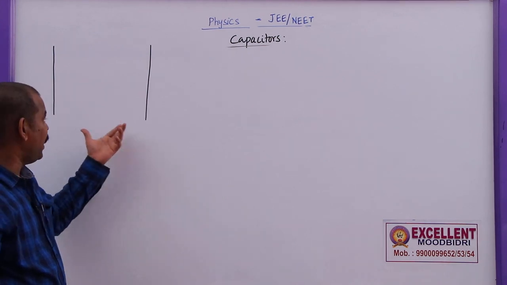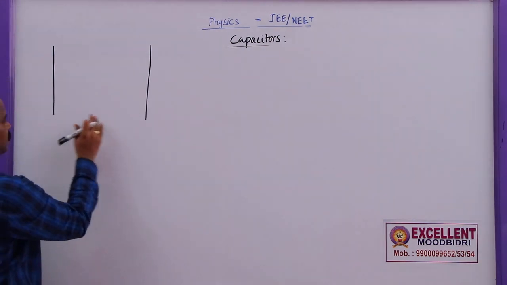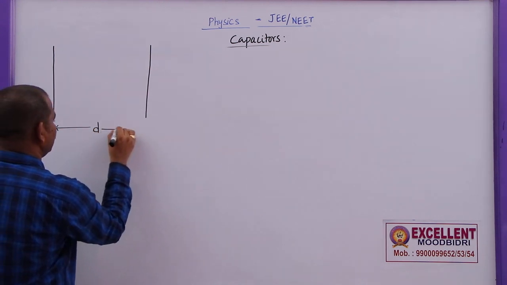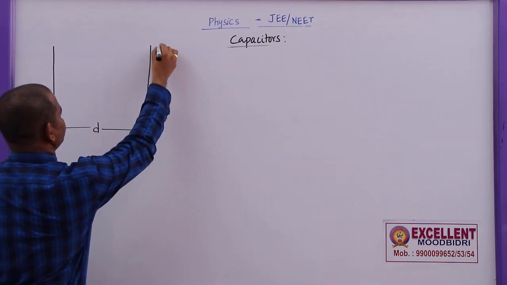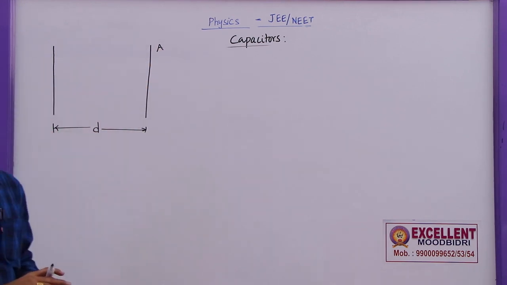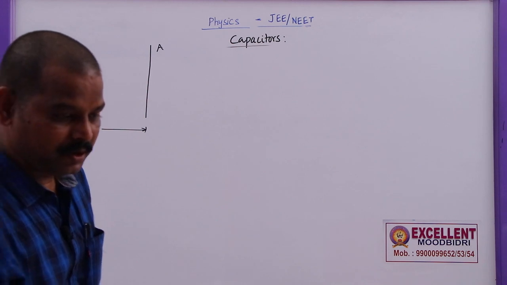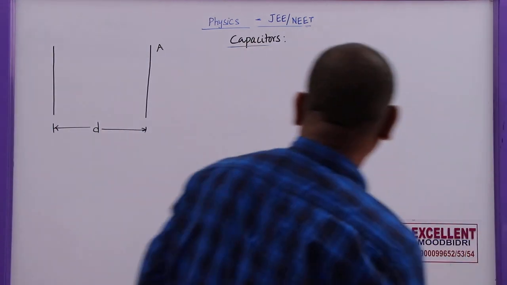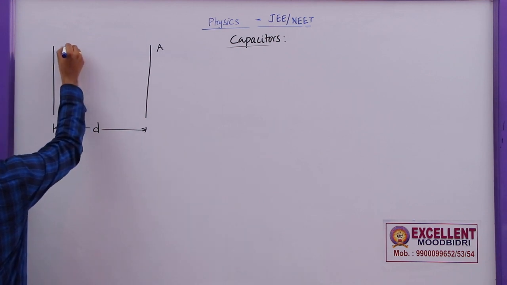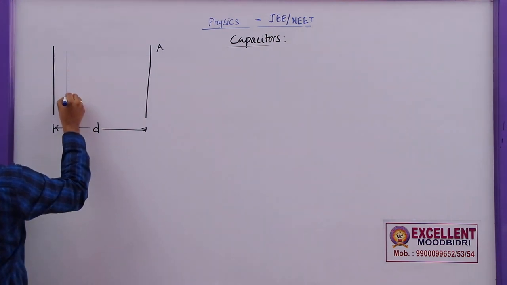In a parallel plate capacitor, these are the two plates. Let the distance between these two be small d and the area of each plate be A. Now, here I am going to keep different dielectric slabs of different thicknesses. So, this is the first dielectric slab